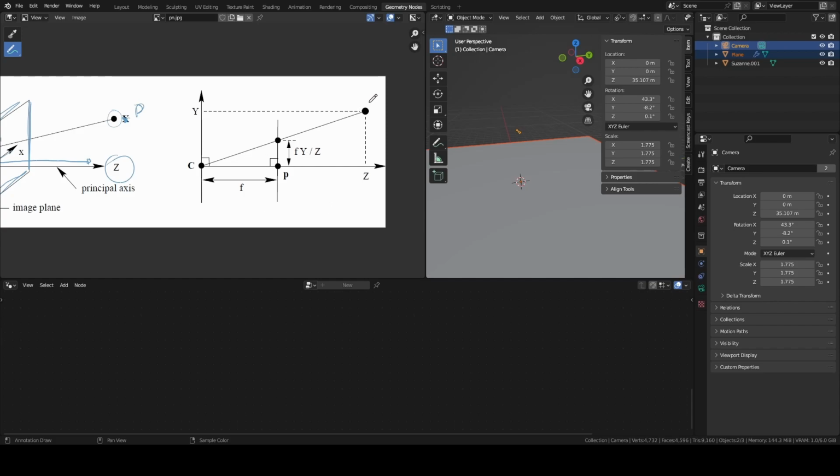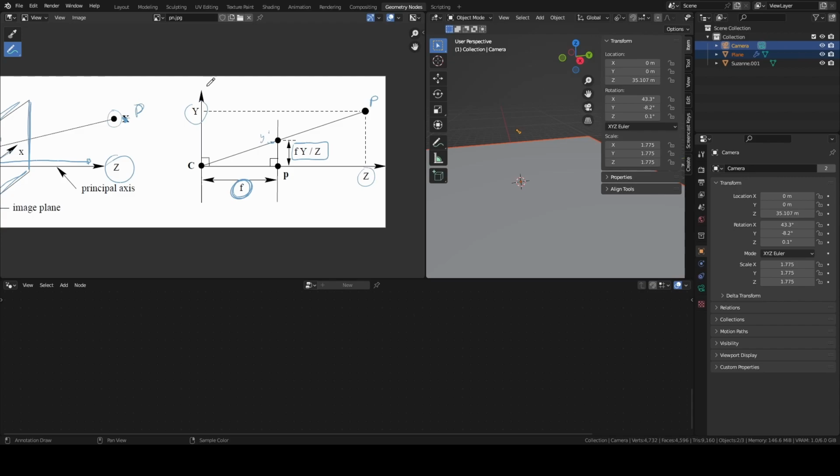As you can see, if your point is here with coordinates Z and Y, you can find its new coordinate, Y prime, in the image plane just by using triangle similarities. And you will find that this Y prime is equal to F times Y divided by Z, where F is the focal length of the camera.